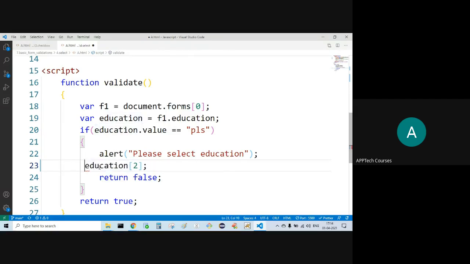So the syntax is proper, but we are not getting the focus.